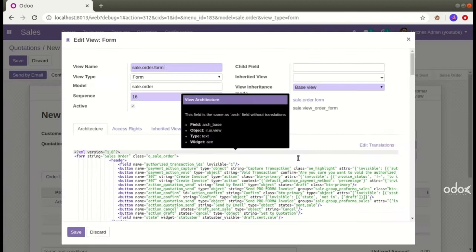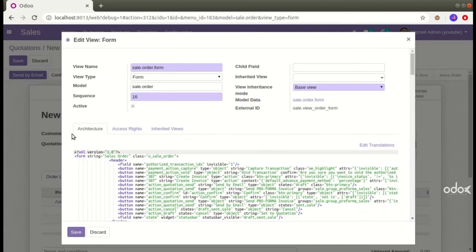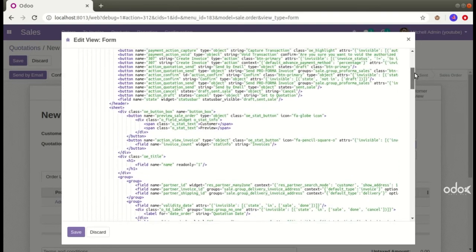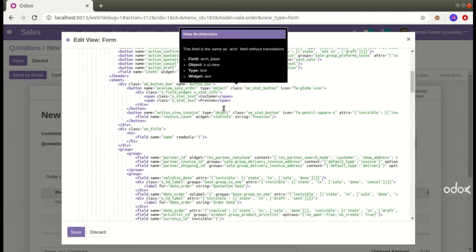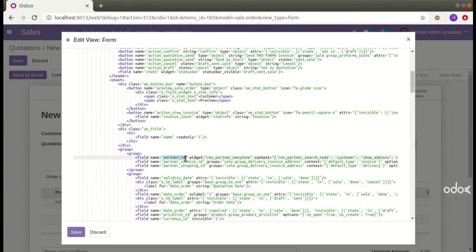Now we want to place the is customer after the customer field. As I told earlier, that particular field corresponds to partner_id. Locate that particular field in the edit form view. Here it is, partner_id. Now we need to place our custom field after this particular field.